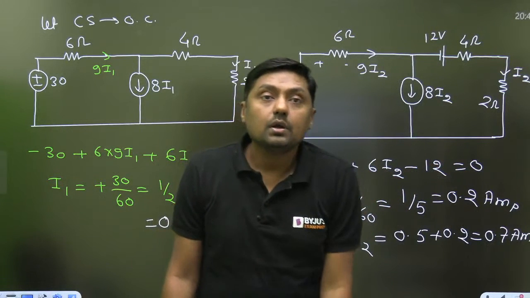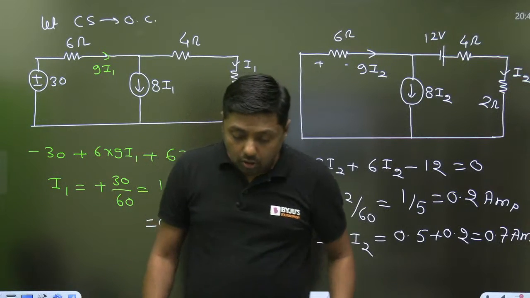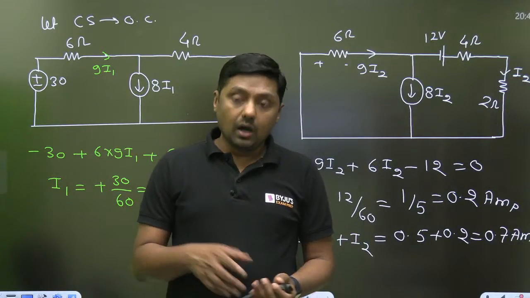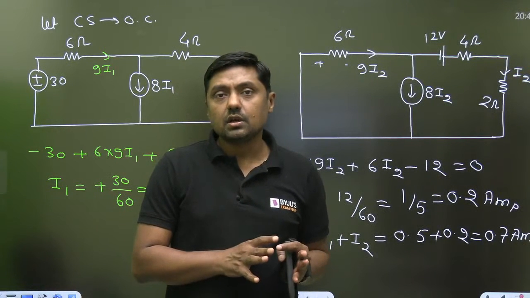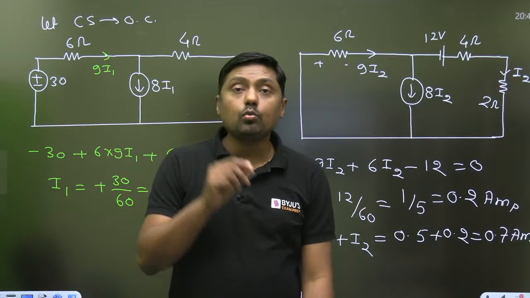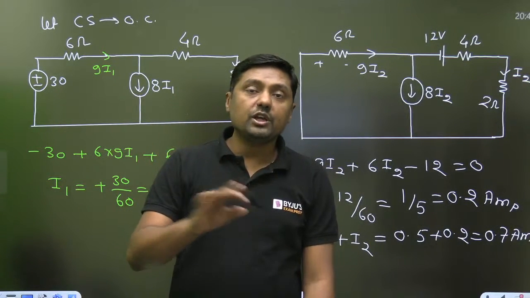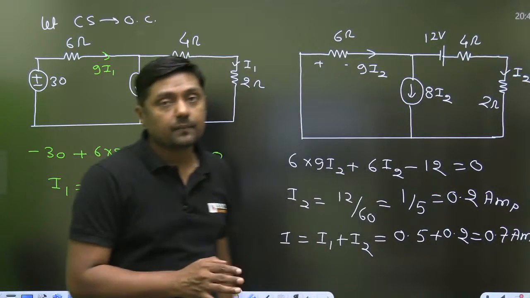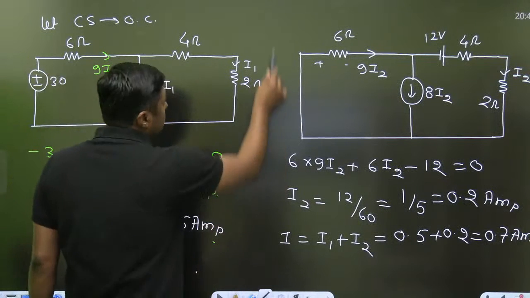Sir, which chapter? Complete theorems. On top, complete theorems. This series is based on what theorems? Already I have taken 6 to 7 lectures, and this is the 8th lecture on theorems: Thevenin's theorem, Norton's theorem, with dependent and independent sources, superposition, maximum power, maximum average power. Right, now questions, question practice.